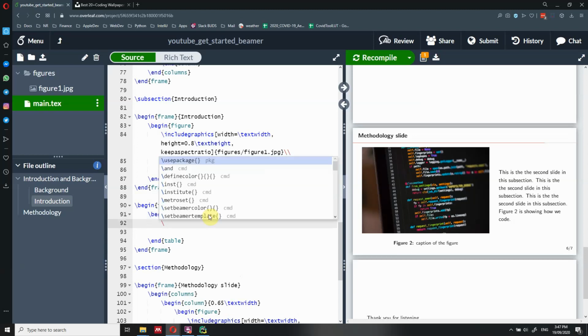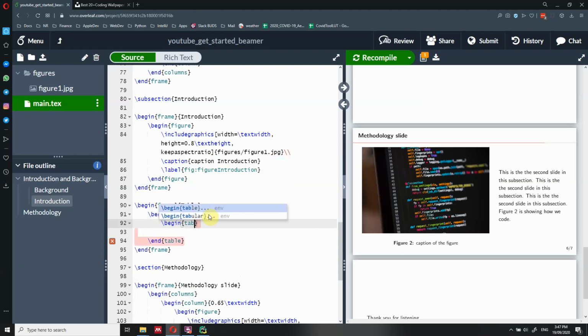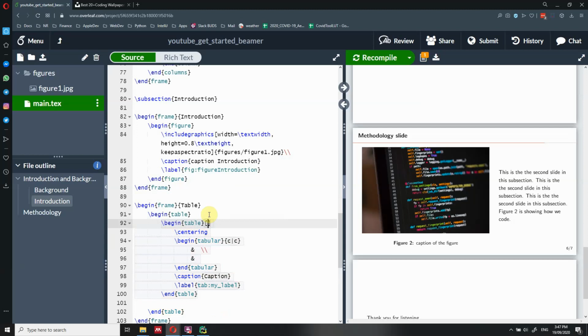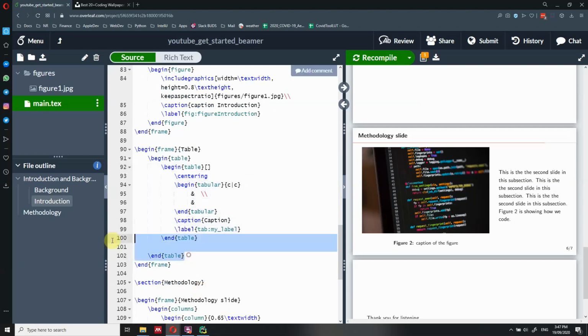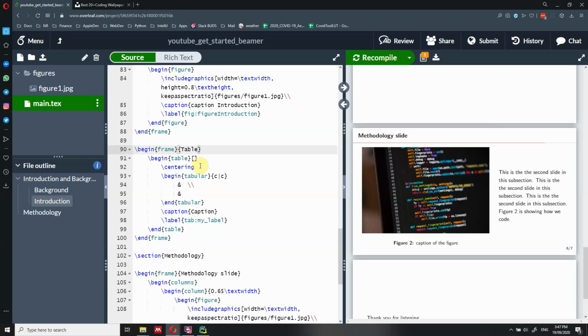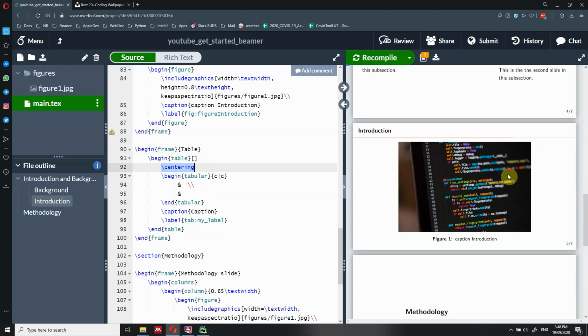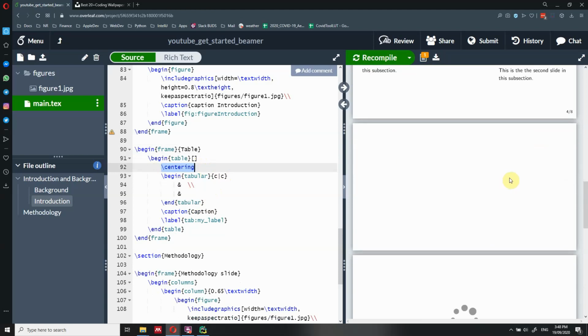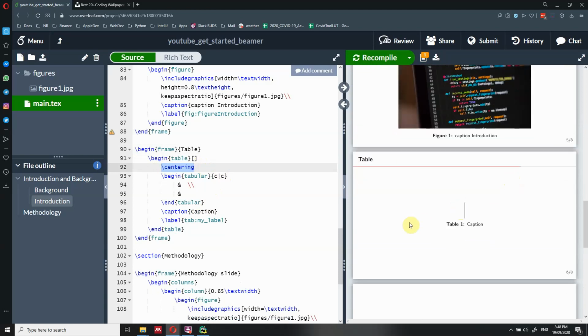It's a little bit annoying to type table manually, but let's try to do it. So we type tabular. Actually Overleaf is already helping us a little bit, because it's giving us the main structure. So we wanted the table to be centered. We begin the tabular, so we have only two columns for the moment. So let's see how it starts looking. Okay, so everything is fine.